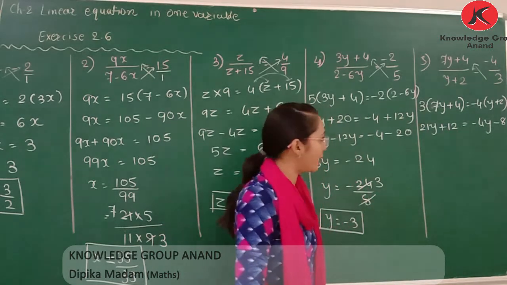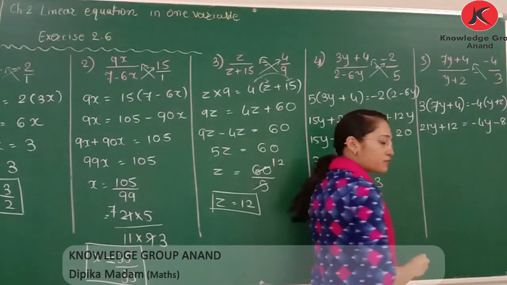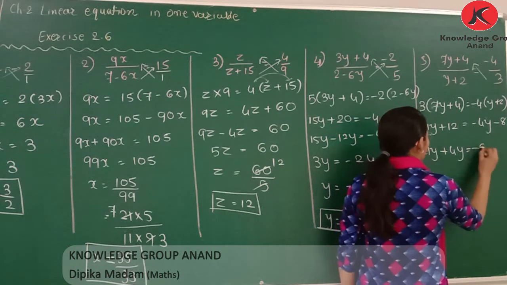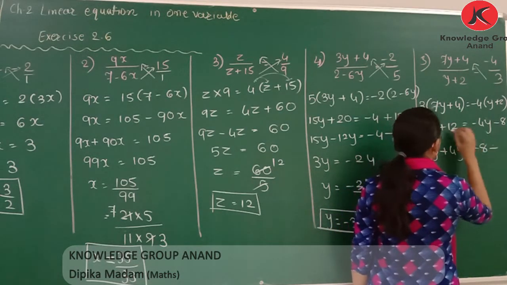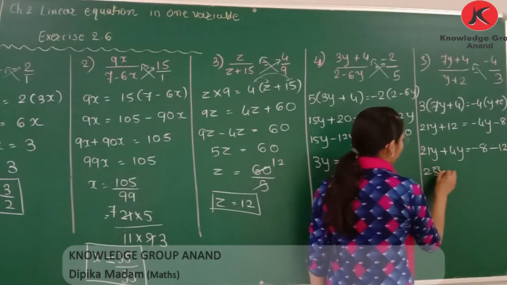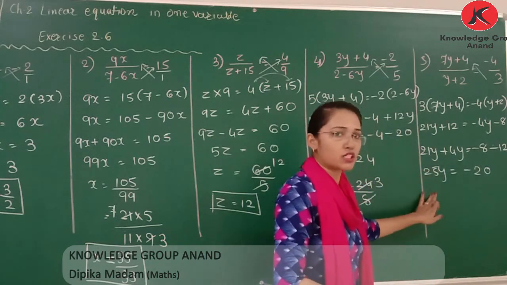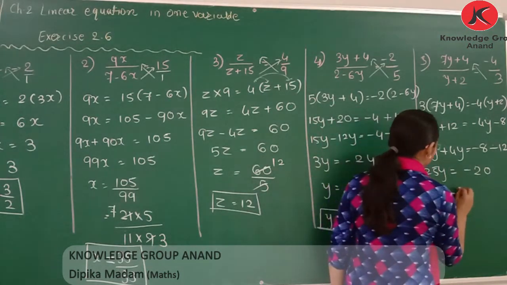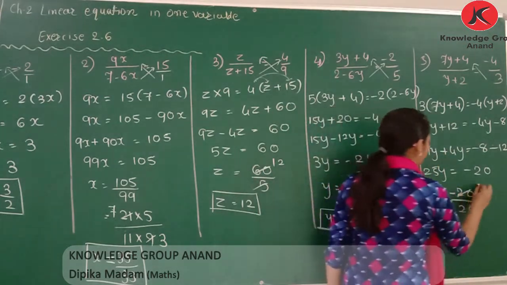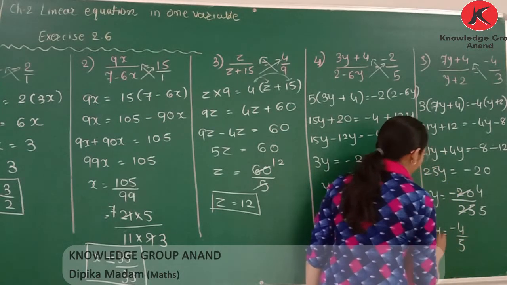Again combine the variable on one side and the constant on the other side. So minus 4y becomes plus 4y, so 21y plus 4y, minus 8 and minus 12 becomes, plus 12 becomes minus 20. 21 plus 4, 25y is equal to minus 20. 25 that is in multiplication becomes division. You can cut the common factor, 5 4s and 5 5s. So y is equal to minus 4 by 5.